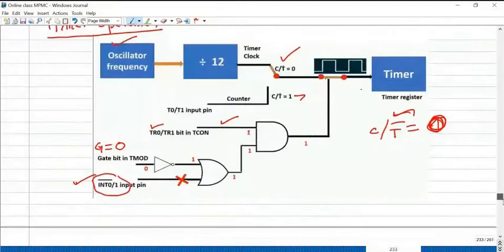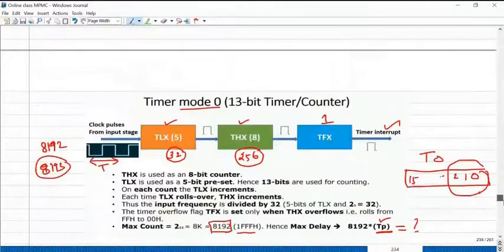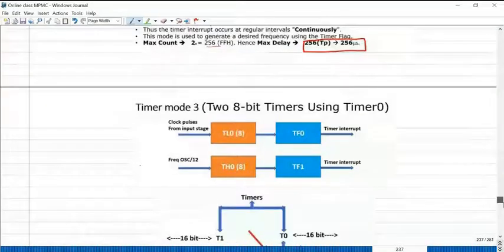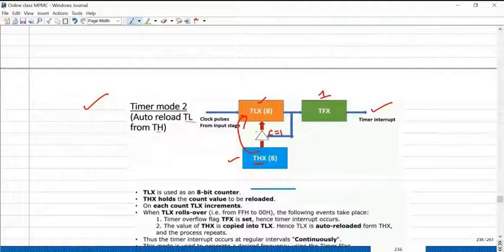So continuation is very important. Already we studied these modes of counter. So here this is mode 2. TL will give the status, how many clock pulses it counted. But the initial value is to be loaded in TH only. So this acts as a counter. I'm loading 0 on this. The 0 is automatically loaded into TL. That is the starting point. So it counts up to FF. Once it reaches FF, it again resets to 00 automatically. The 0 value already loaded in TH will be automatically reloaded into TL. That is mode 2 operation.